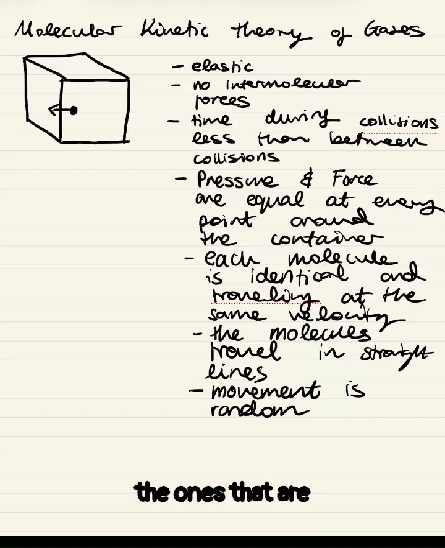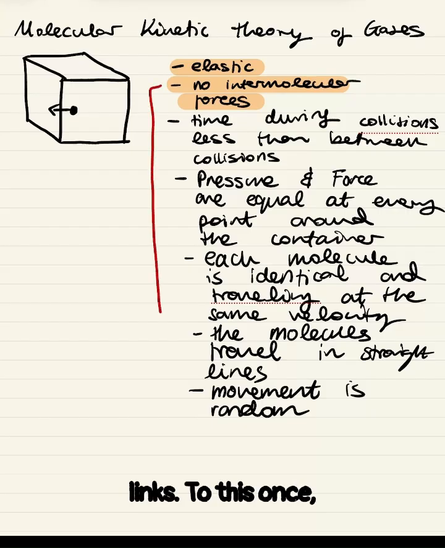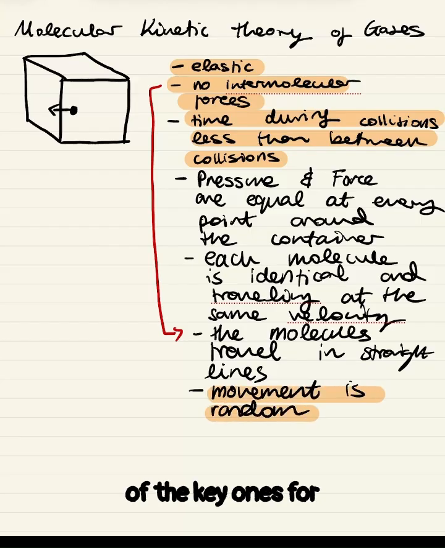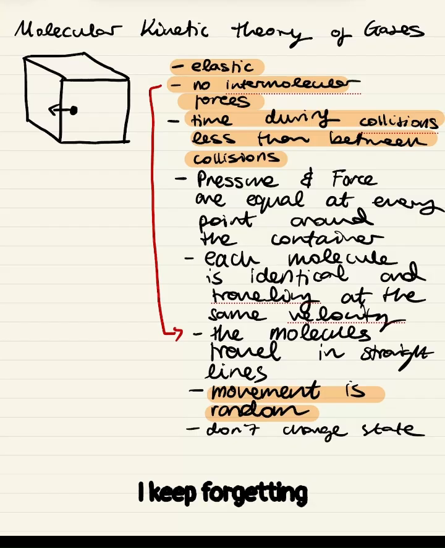I think the ones that are key that you'll probably be asked is that all the collisions are elastic, meaning the kinetic energy is conserved. There are no intermolecular forces, which essentially links to this one. So there's no bending around particles because of the forces. And this is one of the key ones for just ideal gases. Yeah, and another one specifically for just ideal gases is that they don't change state. Yeah, that's another key one that I keep forgetting, so I need to remember it. Anyway,